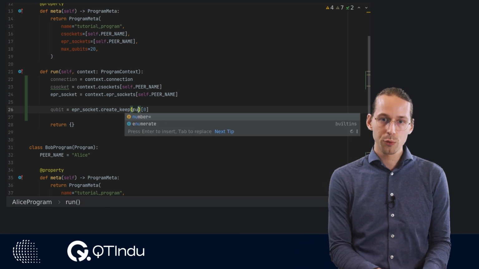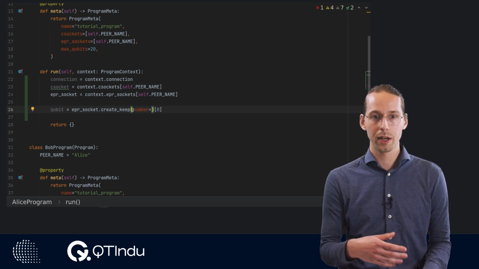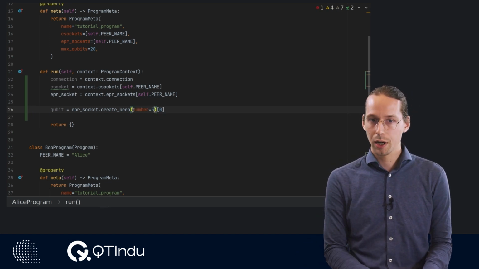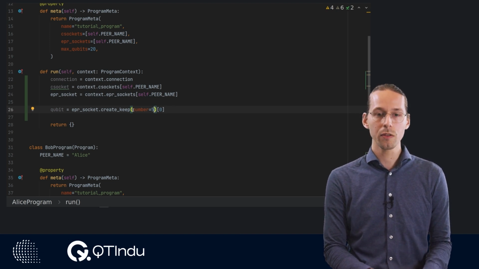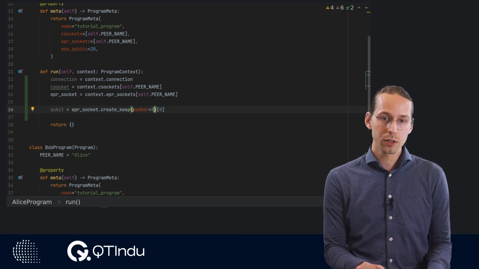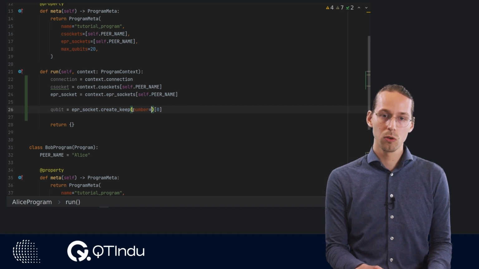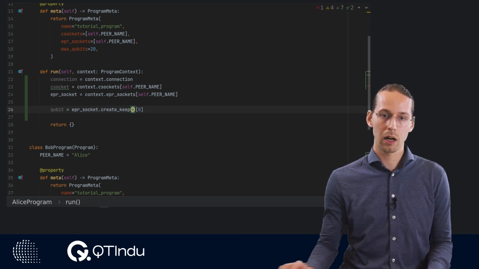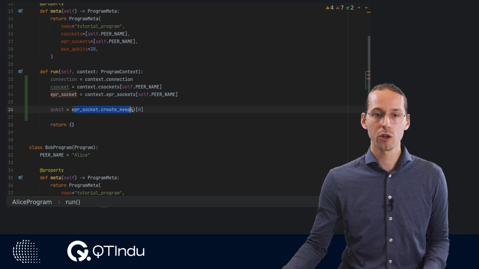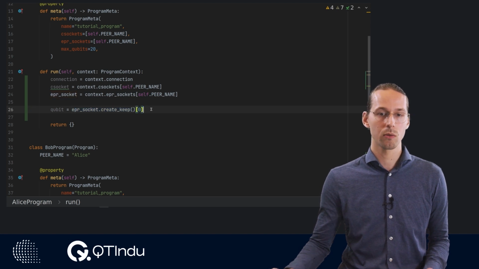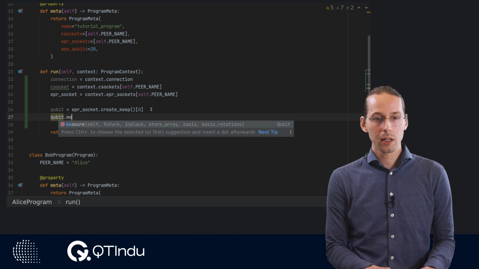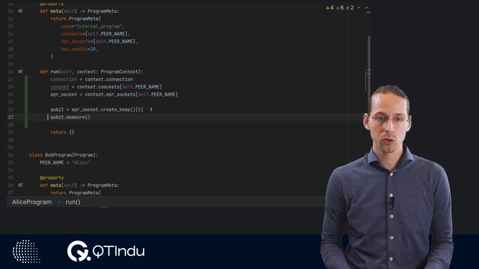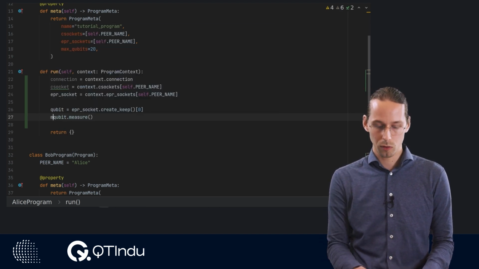That's because this createKeep method is set up to generate a list of qubits where you can specify the amount of qubits via the number argument. By default, this number is set to 1, so we get a list of 1 qubit out of here, and we have to select that 1 qubit out. After receiving that qubit, we can directly measure the qubit and store the measurement result in the variable m.